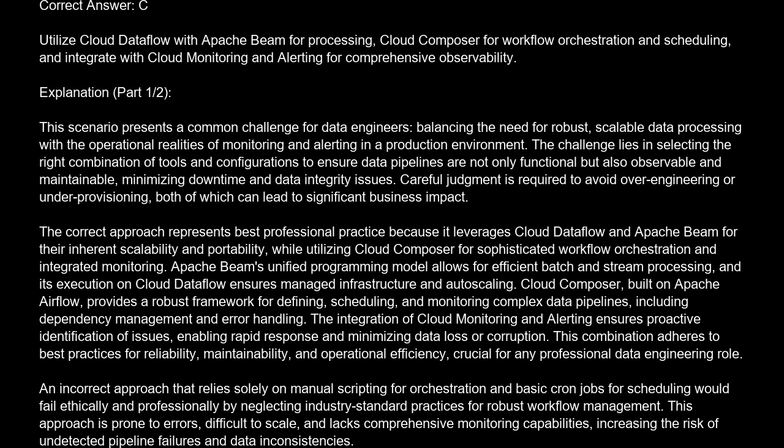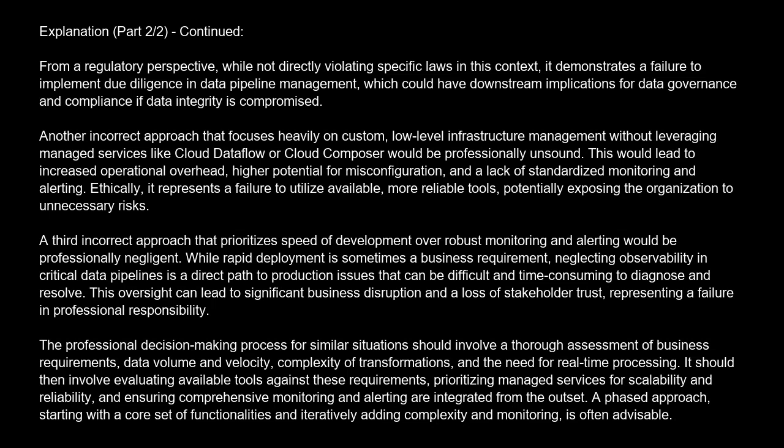An incorrect approach that relies solely on manual scripting for orchestration and basic cron jobs for scheduling would fail ethically and professionally by neglecting industry-standard practices for robust workflow management. This approach is prone to errors, difficult to scale, and lacks comprehensive monitoring capabilities, increasing the risk of undetected pipeline failures and data inconsistencies. From a regulatory perspective, while not directly violating specific laws in this context, it demonstrates a failure to implement due diligence in data pipeline management, which could have downstream implications for data governance and compliance if